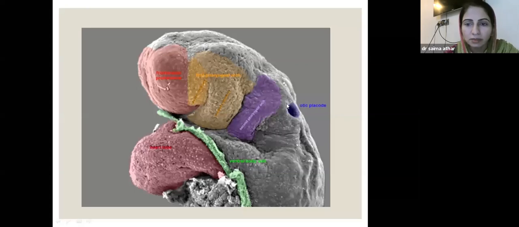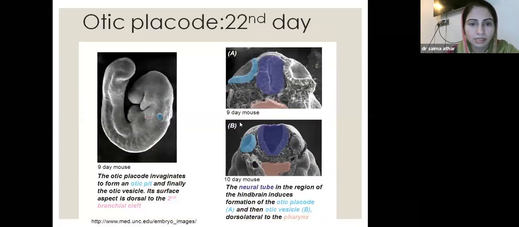So this is the pit which is called the otic placode. Now how does this pit change into the inner ear? Okay, this bluish color you can see, this is the first and the second pharyngeal arch being developed, and this is the bluish pit which is the future ear. So it is quite low near the cervical somites. Later on it will. Now here is what I wanted to tell you, the importance of the